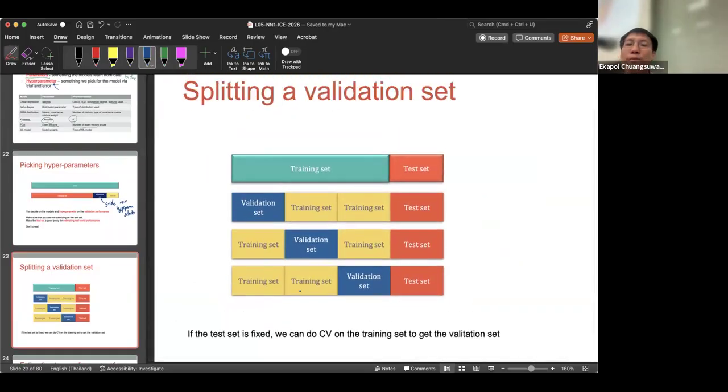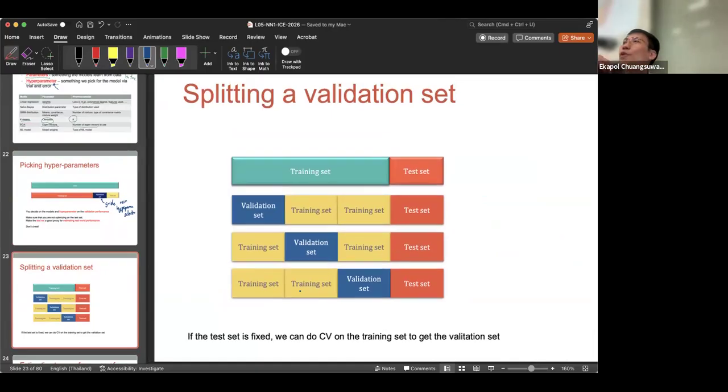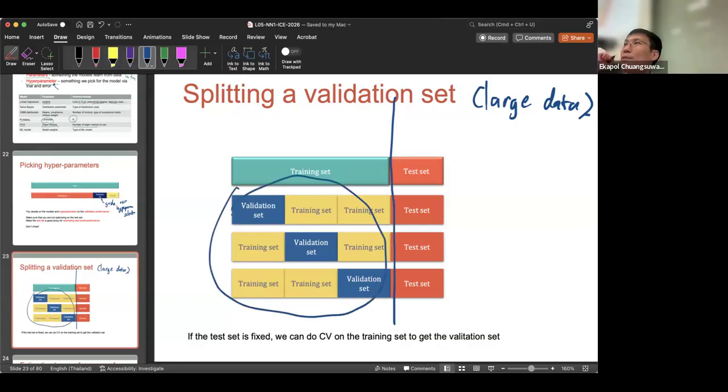So how do we do it then, right? When we have 3 sets, usually, so this is for large data. In a large data set, usually you will split the test set out, and from the training set, you might do a cross validation on the validation set. So you fix the test sets, and this test set is usually held by